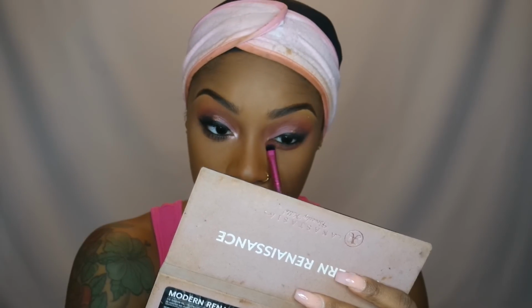Taking some of Realgar first and blending right underneath that. And I'm using that same brush. I'm using Red Ochre. I'm just tying this look together. For the inner corner highlight, which I struggled with, I'm going to take the brush and